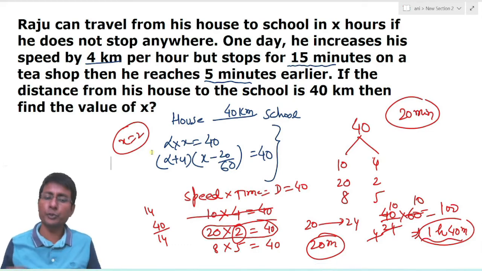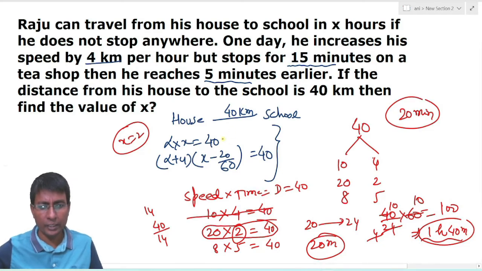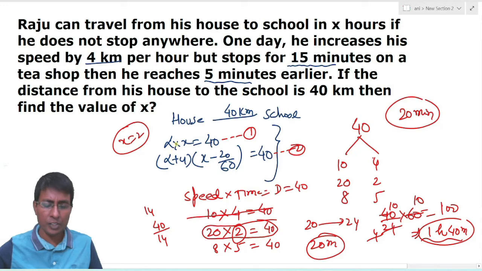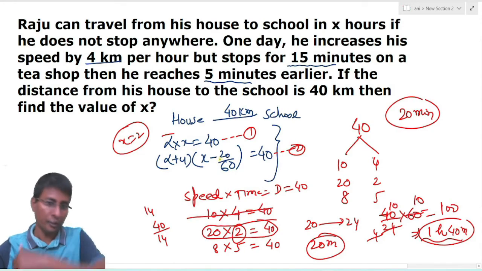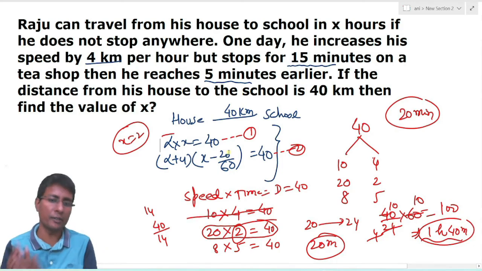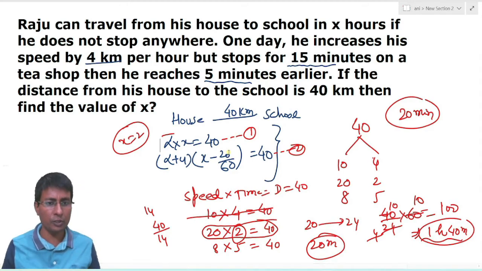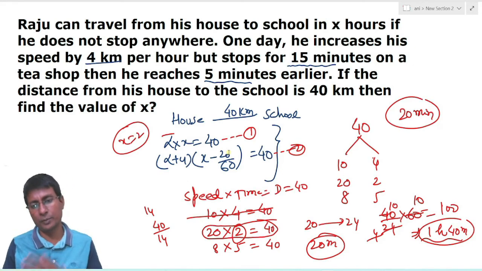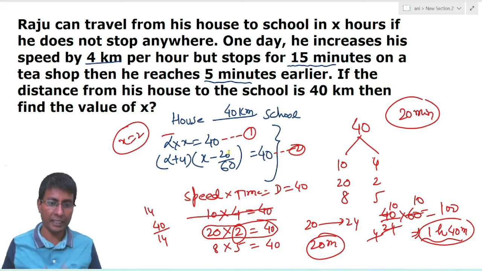If you want to solve the question with the help of concept, you can assume this is equation 1 and this is equation 2. You can substitute the value of alpha from equation 1 and put it into equation 2, form a quadratic equation and then find the value of x. But it is not advisable since it will take a lot of time. Since this is a question of aptitude, it is not a question of linear equations in two variables. So you can solve the question by just using your common sense, by breaking the distance into two factors, that is speed into time.